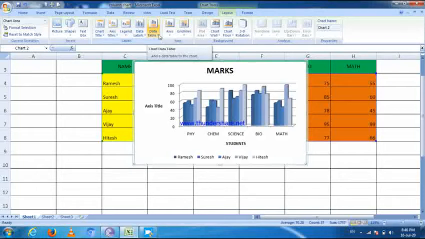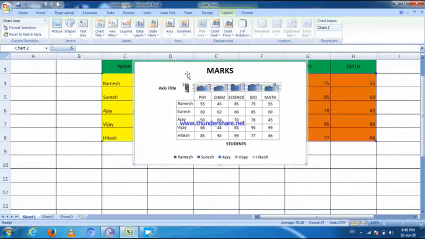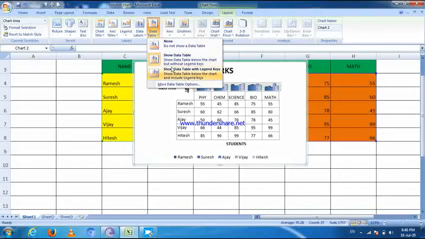Next, data table. Then you can select show data table. So you can see the student data table appears on these charts. Okay, then you can select show data table with legend key.